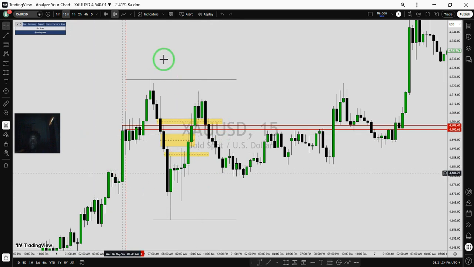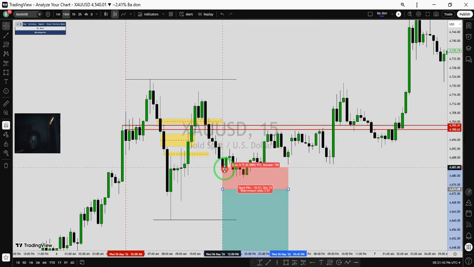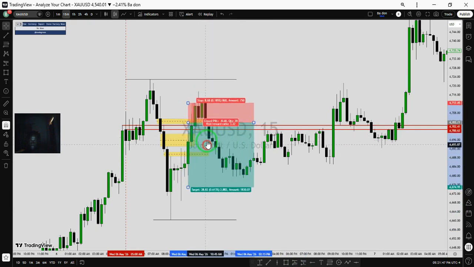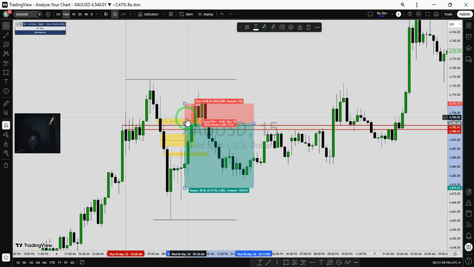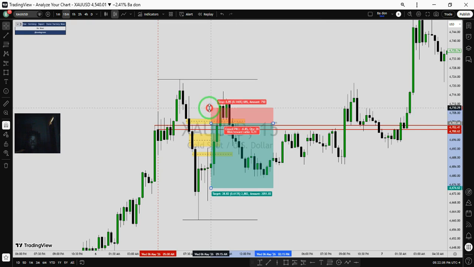So when we have 3 fair value gaps like this, what we do, our entry is going to be the base of the first one, not the 50%, the base like this. Base means the starting point of that gap. So we are using the base of that gap, and we are using 50%,